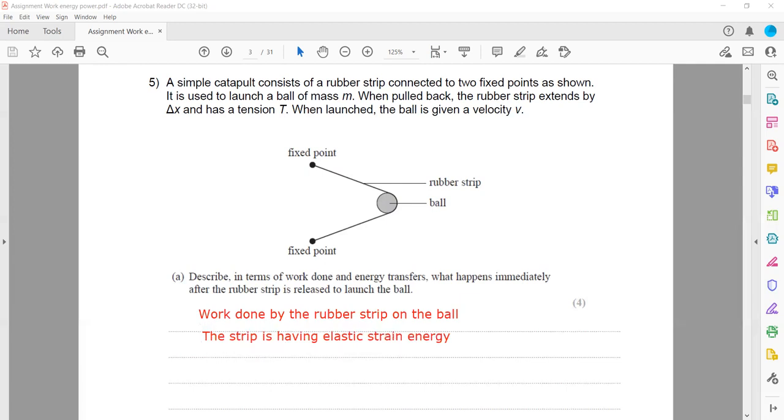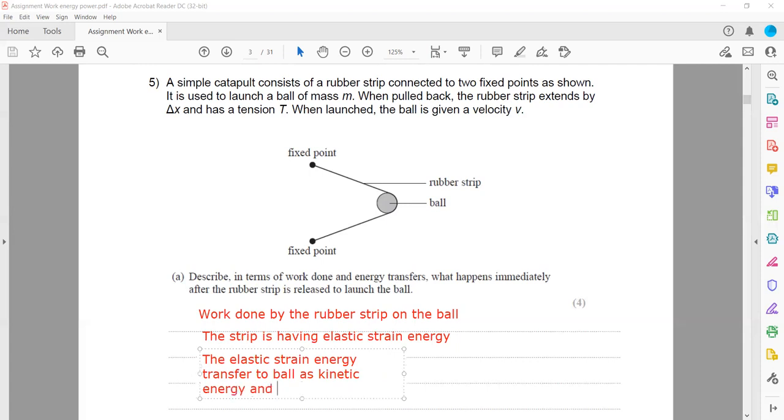And when the ball starts to move, the elastic strain energy is transferred to the ball as kinetic energy